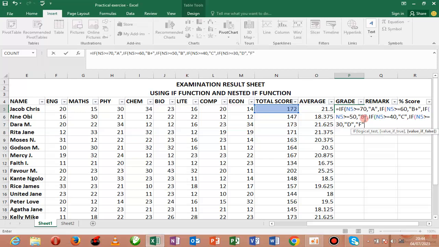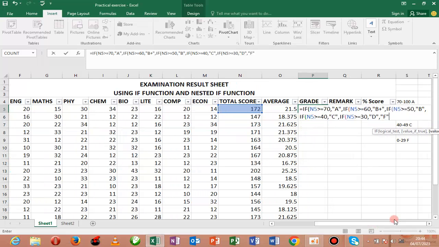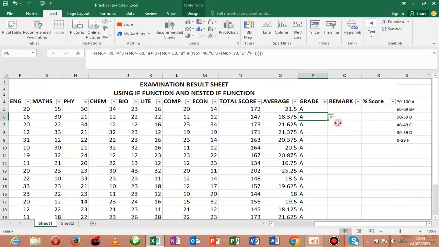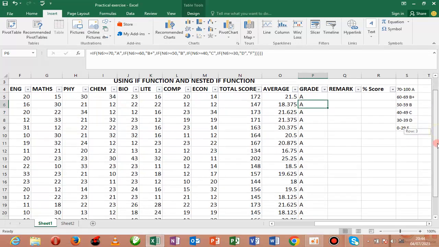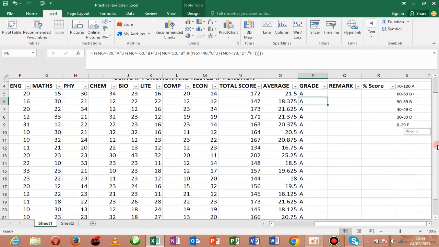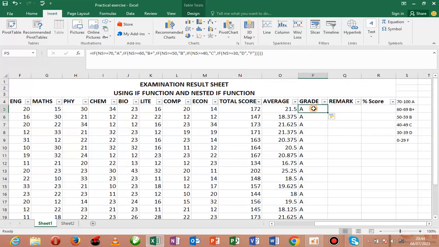Then you close the bracket with the number of if statements that you made, or the number of brackets you open. Okay, let's count the brackets. 1, 2, 3, 4, 5. There are 5 brackets open, so you close it with the number of brackets you open. 1, 2, 3, 4, 5. And strike enter on your keyboard. Now all of them passed because they are 70 and above. So in case you are doing it on your own, or there is a lower score here to give you